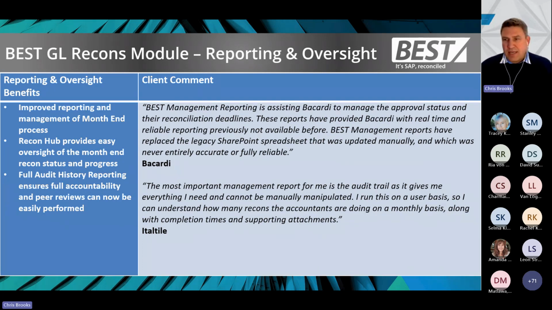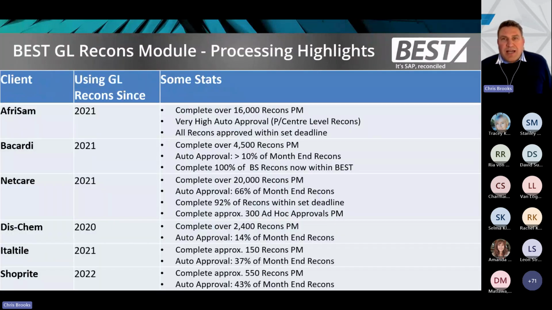Okay, which gets me to the end of our processes from an oversight. I just get you pretty close to the end now. Just going to give you some highlights of some processing statistics, and this can be quite useful looking back, as we often do client health checks to check in with how they're using the system, where we can improve usage, but actually have a look at what's being done. And just looking at some of these here, I'll give you some feedback.